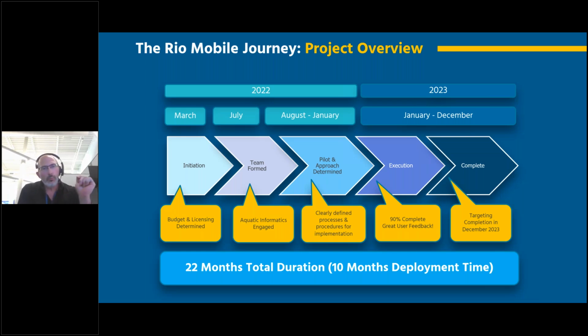And then we moved on down the line, and fast forward to now, we are about 95% complete. We're targeting completion this month. It may bleed over a little bit into January. We find a few things. We keep pulling a few little threads out of the sweater, so to speak, but it's all been beneficial. We have all of our WRFs running this. We're tweaking the larger WRFs. Just keep in the back of your head, for the larger WRFs, that's going to be your bigger change management. So process standardization is key. And then we should be wrapped up with this project around December or January of next year.